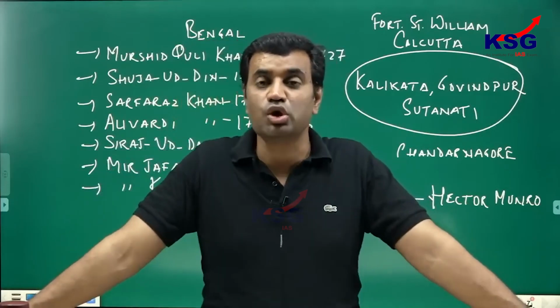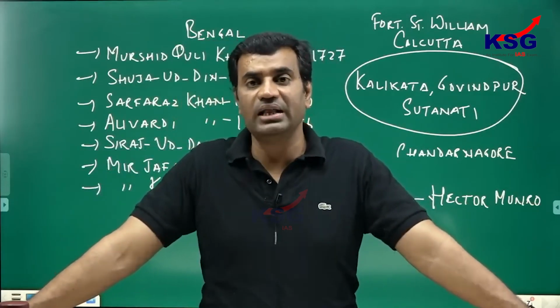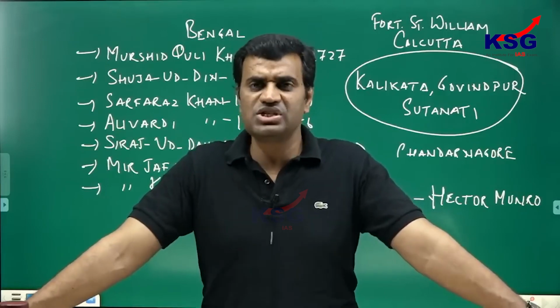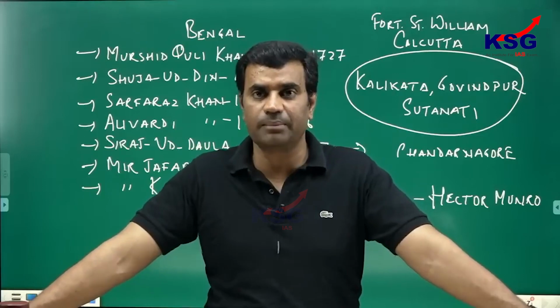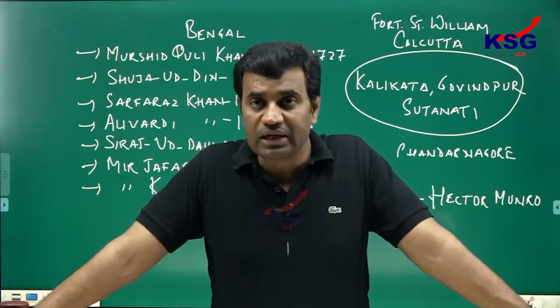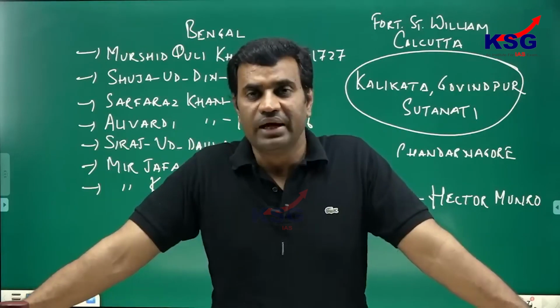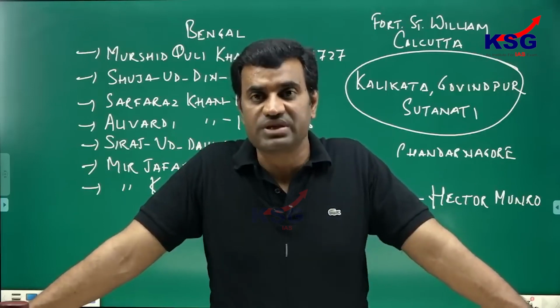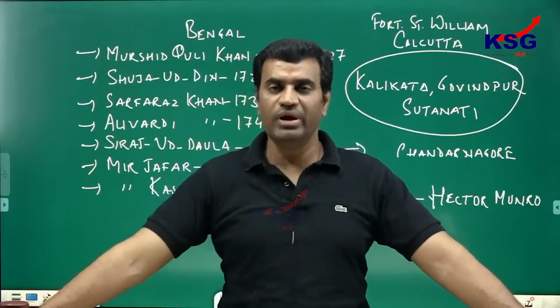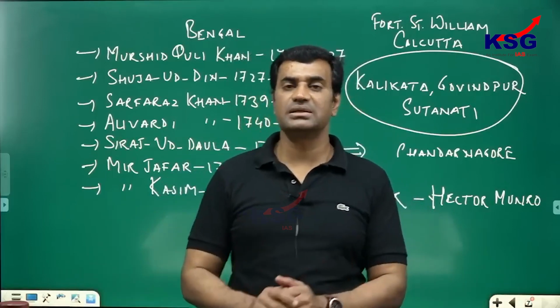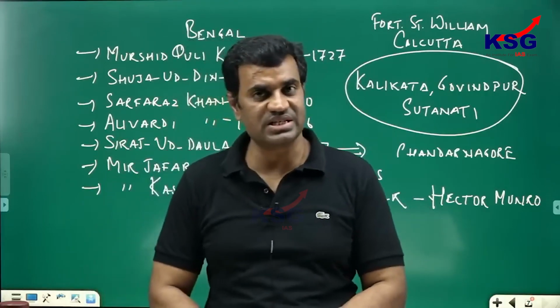And after defeating the Indian powers, the British authority imposed humiliating treaties on Shah Alam II, whereby Mughal Emperor Shah Alam II granted Diwani rights to the British East India Company over Bengal, Bihar and Orissa. And at the same time, it was also made clear that the Mughal Emperor will be shifted from Red Fort at Delhi to Red Fort at Allahabad, where he will remain merely as the pensioner of the British East India Company.